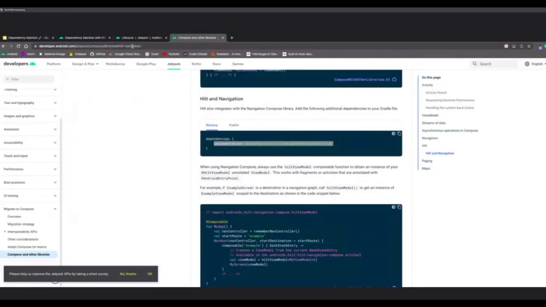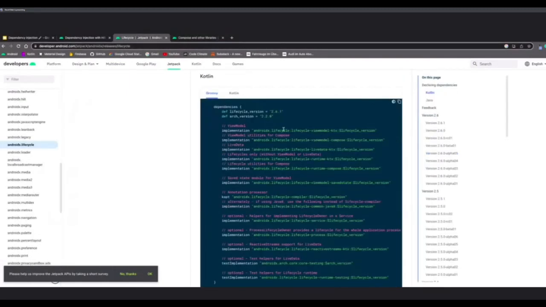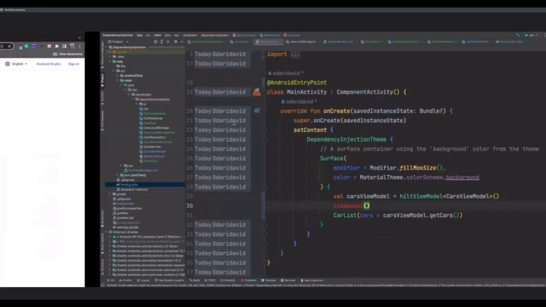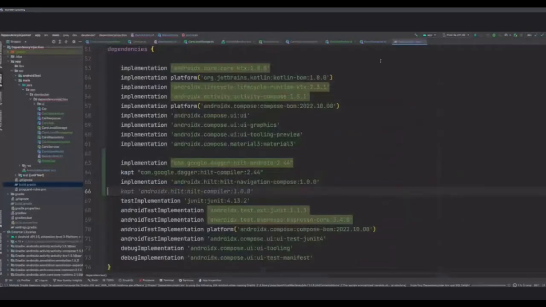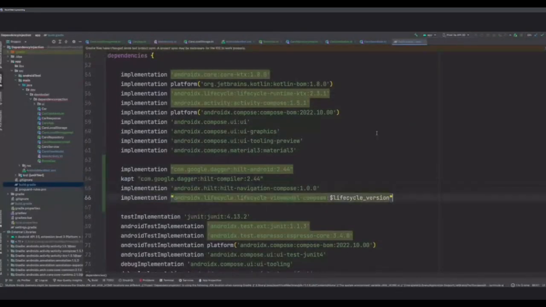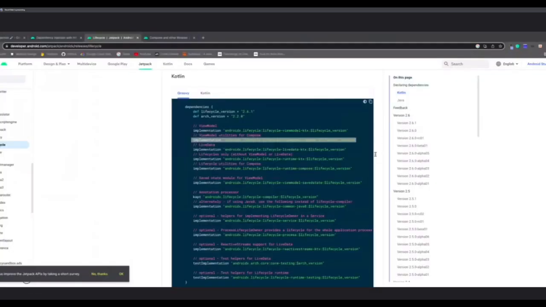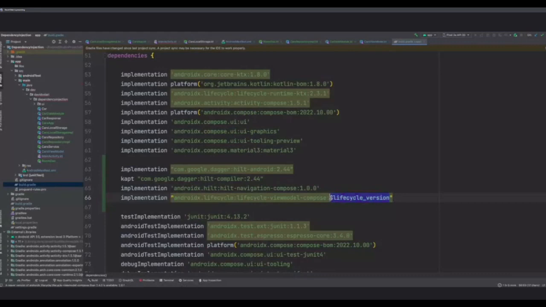I think you can use it with one of these view model utilities for compose. Yeah, this one is also one you could use if you're trying to inject view models. Version 2.61.